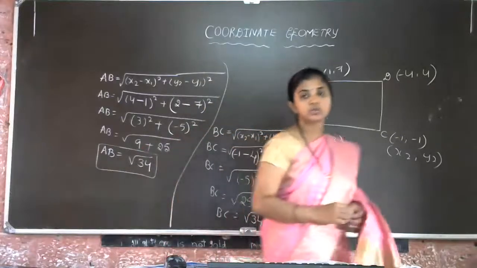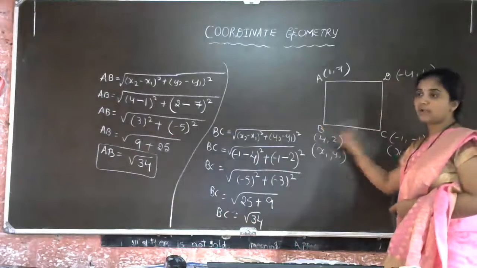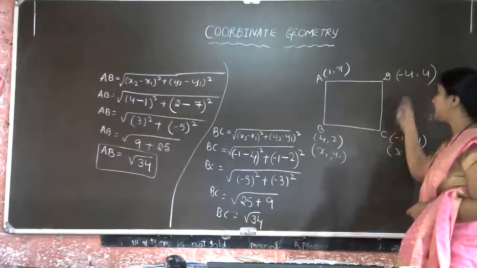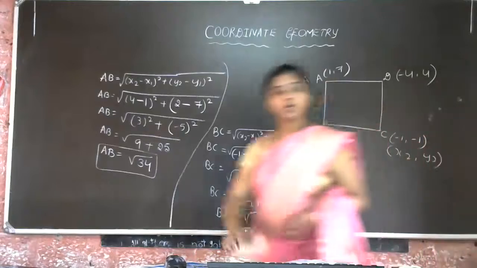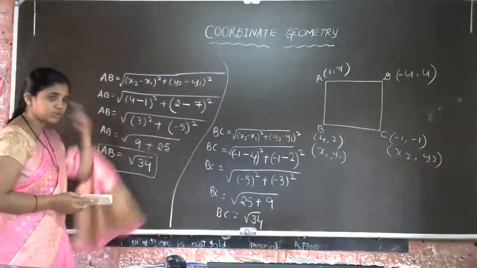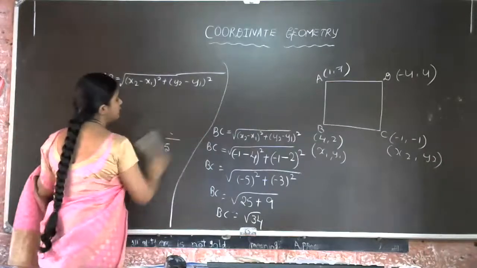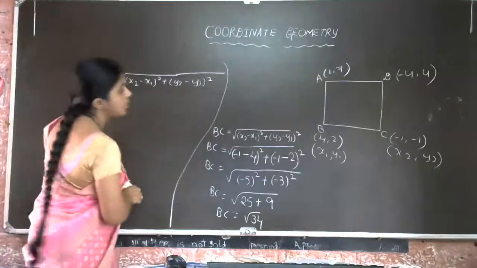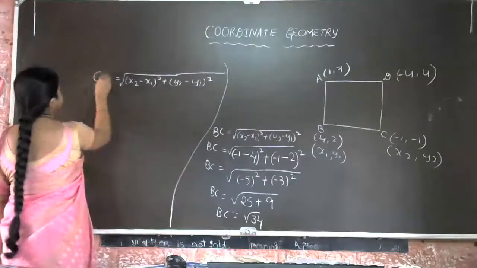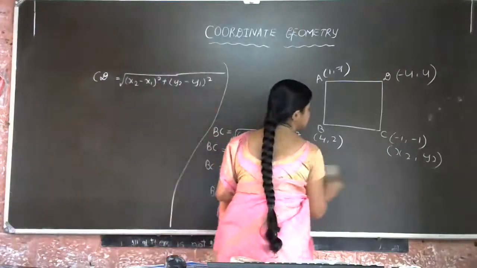Okay, so root 34. Got the idea now? Here we got AB root 34 and BC also root 34. Now, similarly, we have to find CD and AD. Okay, we'll work out that one also. Can I erase this AB part? AB, you just keep it in mind. Root 34 you got now. So now we'll find out the distance of what? AB, over BC, over CD. We'll work out the distance of CD. Now I'll rub this one.